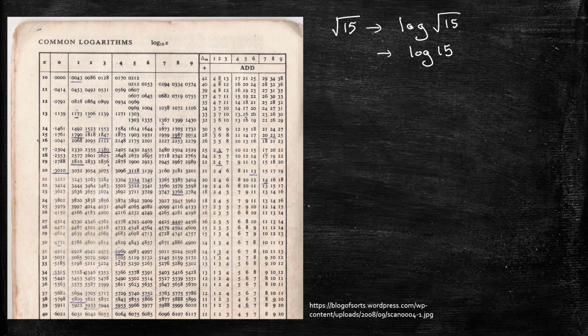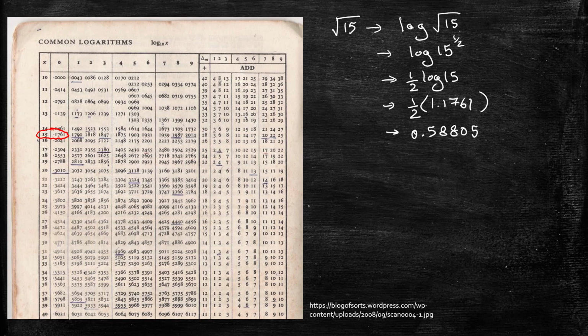So log of 15, that's really log of 15 to the half. And if we recall, the power property of logarithms says you can write it as this. So I would have to work out half of the log of 15. I'd use this table to find the log of 15. Now, 15 is here, and 0.1761, that's not exactly the log. For some reason, you have to add 1 in front, and I can't for the life of me remember why that was. But anyway, let's just go with it. So a half of that is